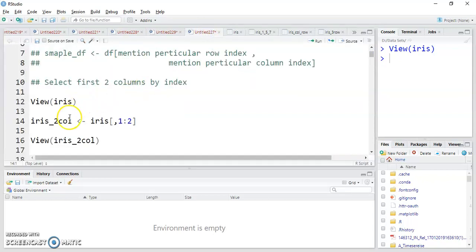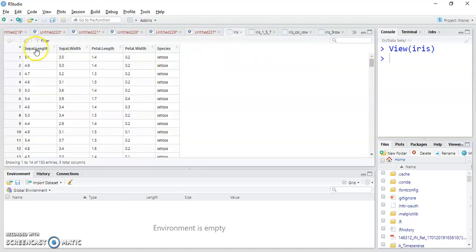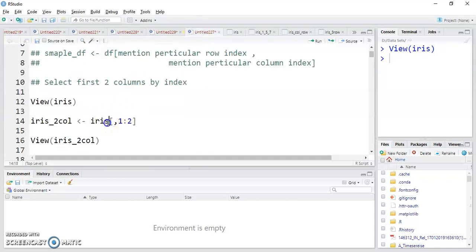So first, I just want to extract the first 2 columns. I want to extract sepal length and sepal width from the whole data frame. So I write the command iris in square brackets. I want all the rows of those 2 columns, so I do not mention any condition on rows, but I want the first 2 columns.